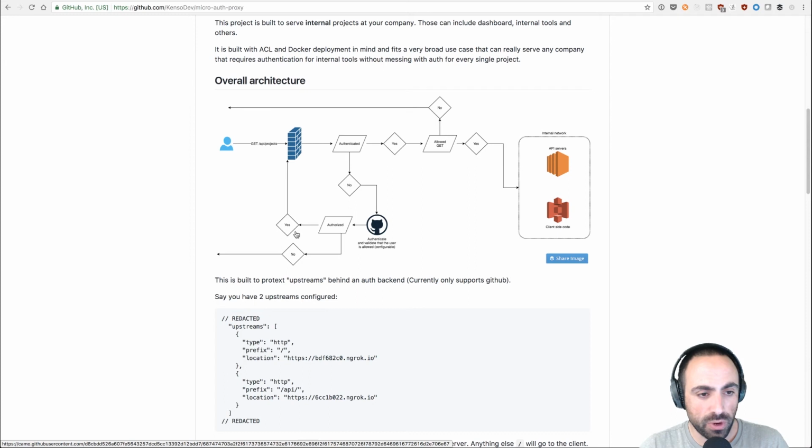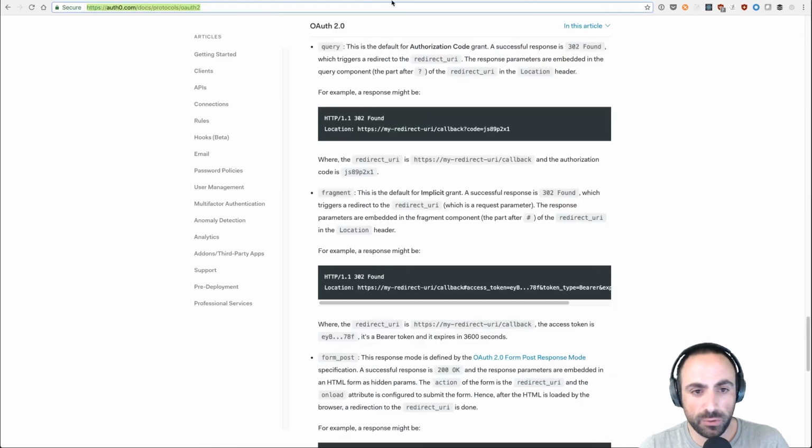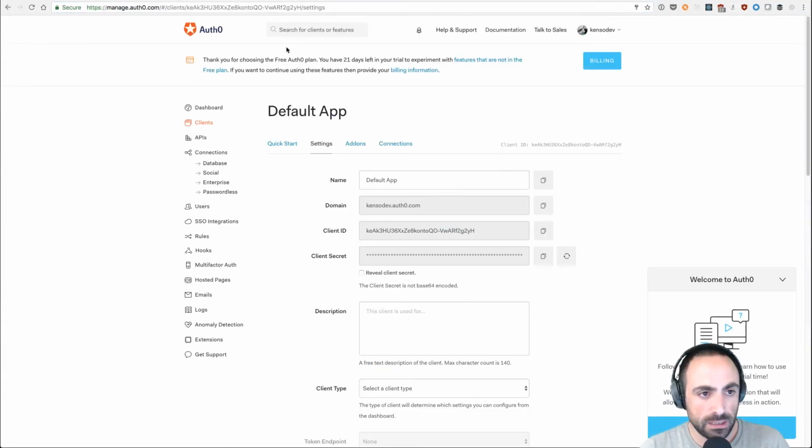If we're authorized, then we continue and we let you into the other servers. If you're not, then we authenticate with this GitHub context. What I want to do is basically just replace it with Auth0 here.